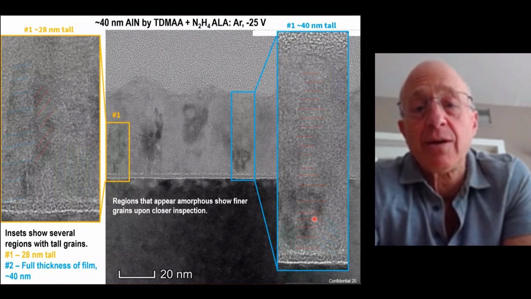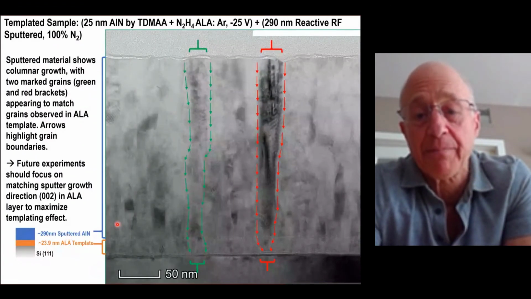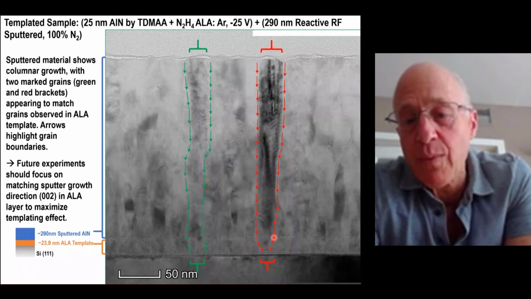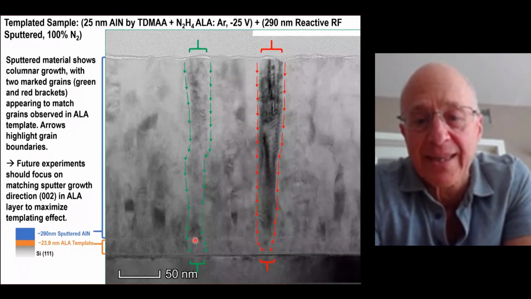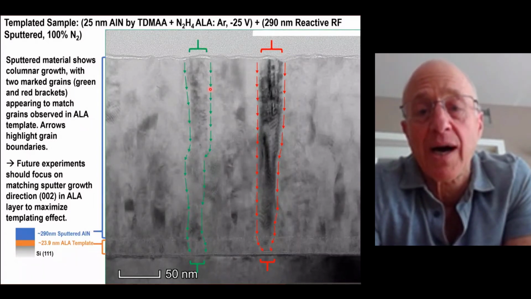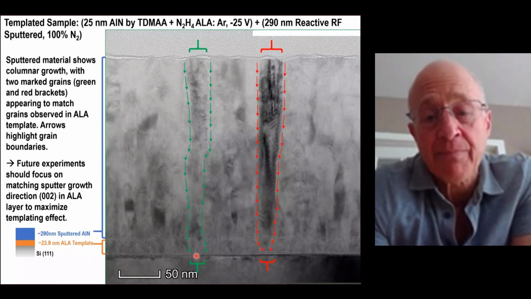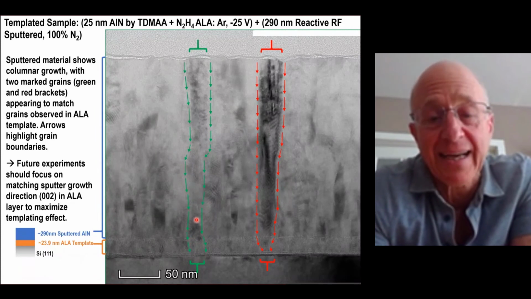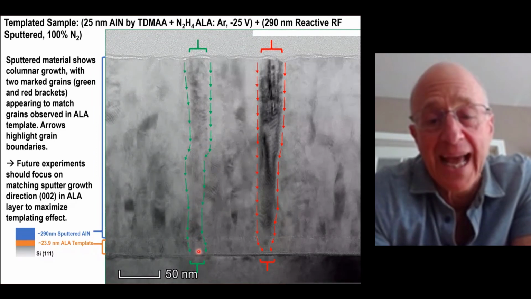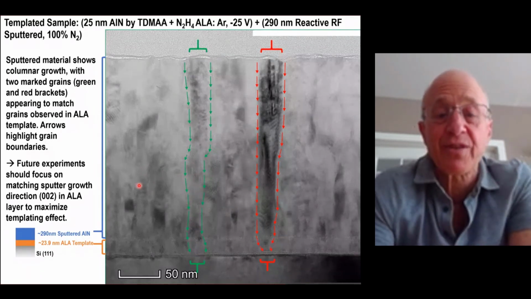And then what we did is we grew on top of a thin 25 nanometer film, the sputtered film. And so if you look here, you'll see these beautiful vertical grains. And I went through and drew the arrows in showing that the grains over here that we grew in the template layer actually continue on in the sputtered film. And this will be excellent for vertical thermal conductivity because there'll be no boundary between the ALA layer and the sputtered film because we're getting single crystallites going all the way from the ALA film up here. And then in the heat spreader, the larger the grains will help us for the lateral thermal